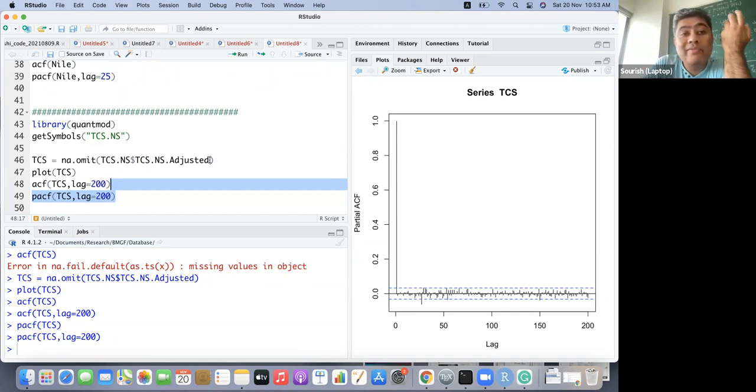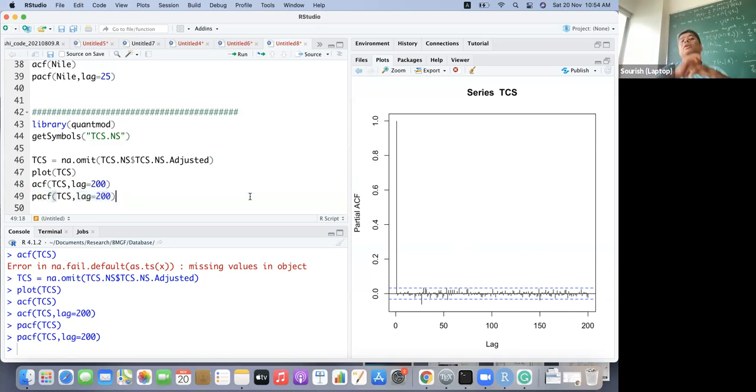Remember that we have data from 2007, 15 years of data, but the PACF plot indicates that we will not be able to predict the price of TCS from the historical data. And why we cannot, it has a lot of financial interpretation. I'll tell you those. Meanwhile, I would like to move on to the modeling exercise.